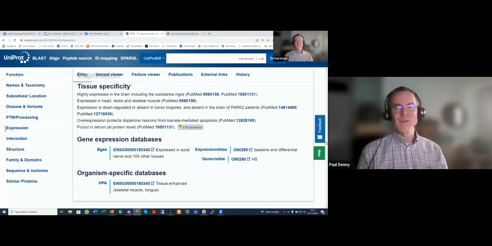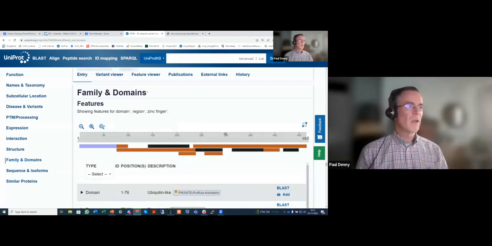I guess if you're interested in a broad swathe of related proteins which share a domain of some kind, perhaps you'd go to InterPro first. And then, they're both linked heavily together, so you can jump backwards and forwards from one to the other. For example, if we look at family and domains here,